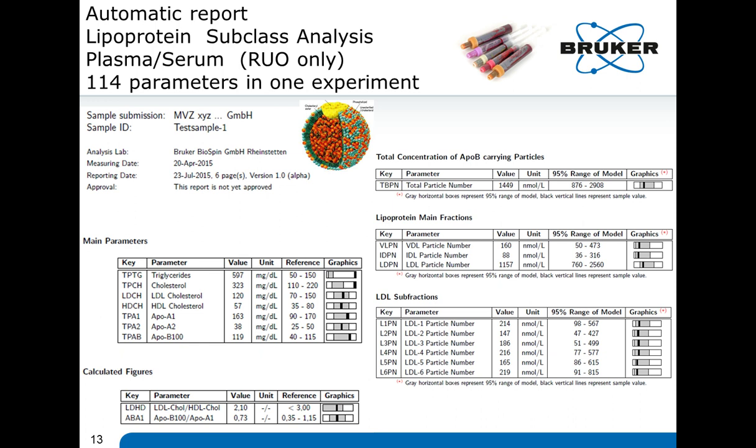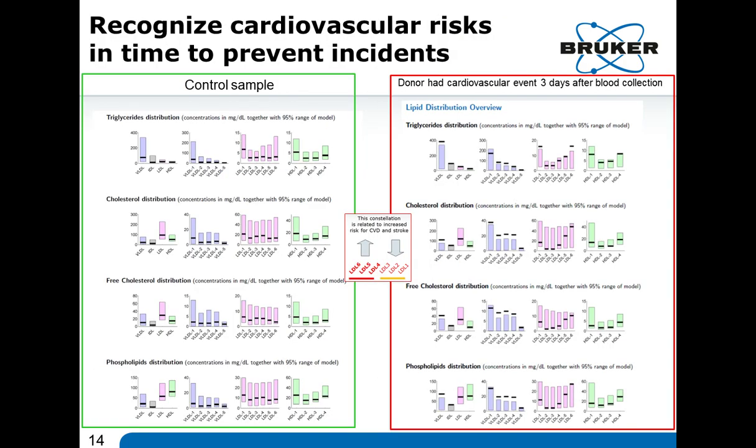So how does that look? What you see here now is a report, again, that looks quite similar to the small molecule report you have seen. We have these gray bars determining the normal ranges in our model, and then you have the actual person, which is identified with the black bar. And as I mentioned before, there are main parameters. These are the overall triglyceride and cholesterol, and then we go into the main classes: LDL cholesterol, HDL cholesterol, ApoA1, ApoA2, and ApoB. We have particle numbers, I will not go into detail on all of that.